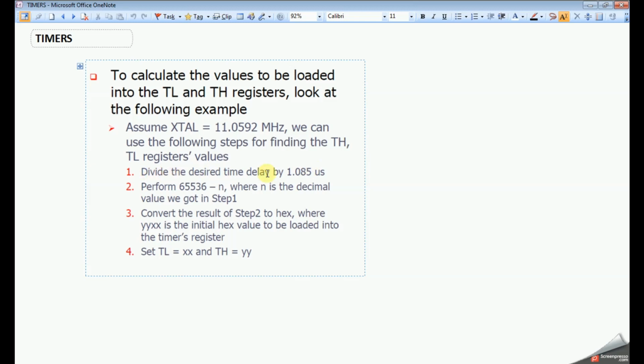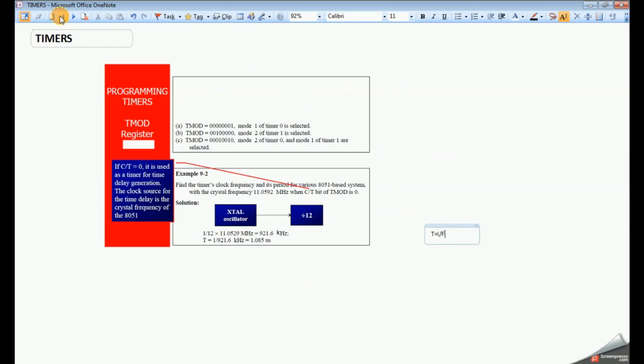The first step is to divide the desired time value by 1.085 microseconds. This we got as the timer's time period. You already know how you got this 1.085 microseconds.